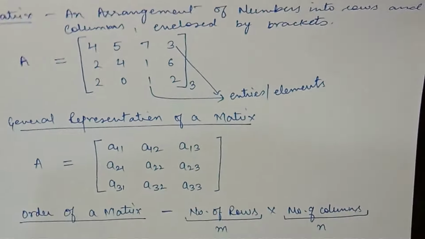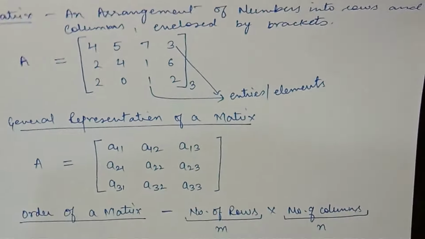The first one is the row matrix. A row matrix is a matrix where there is only a single row. So we may have any number of columns in that matrix, but there should be a single row to call that matrix a row matrix. For example, if I take matrix A, then it should have just a single row: 4 7 5 2 0. As you can see, there are 5 columns, but only a single row. That will be called a row matrix.